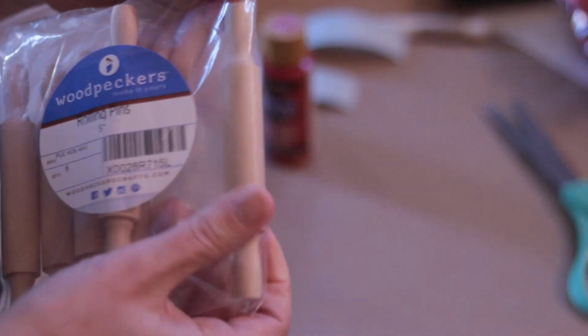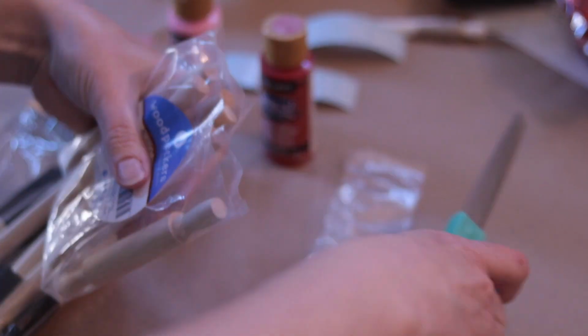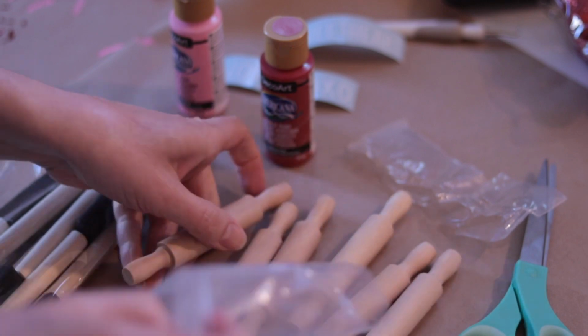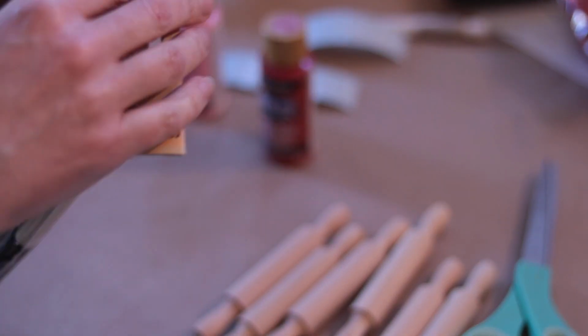After getting them, I realized they were a little bit smaller than I wanted, but I'm going to make it work. They're 5-inch rolling pins. Hobby Lobby was out of theirs, and so I'm gonna make it work. It's a 6-pack, and I'm gonna just use a sponge brush I got from the dollar store,